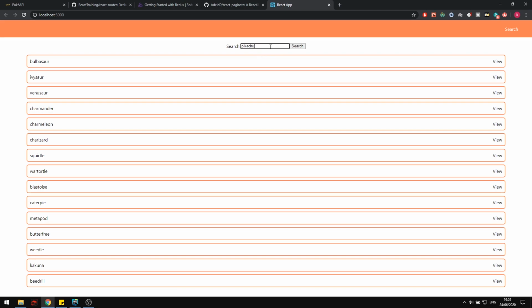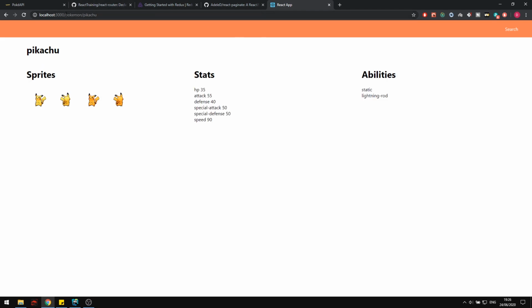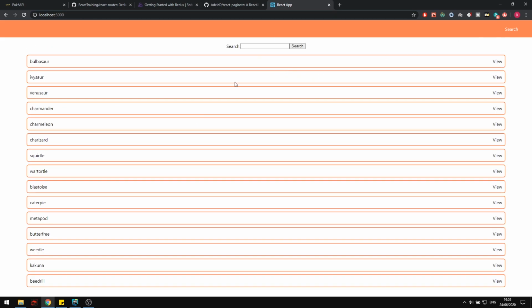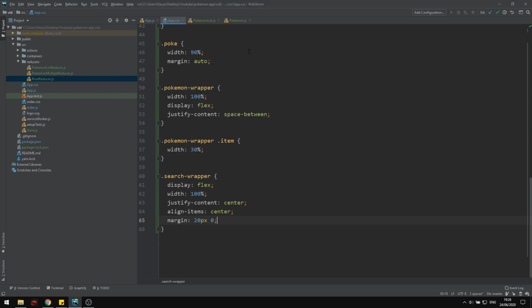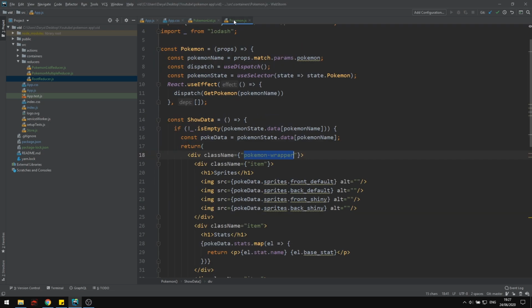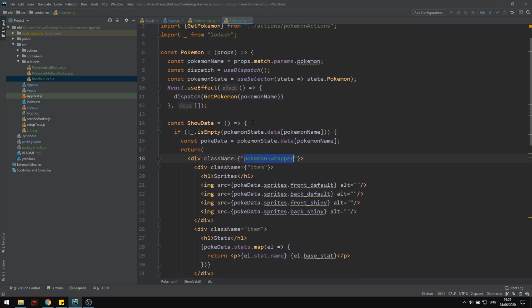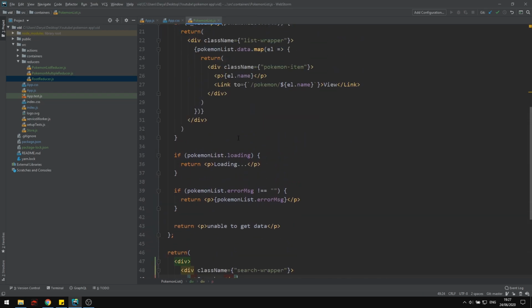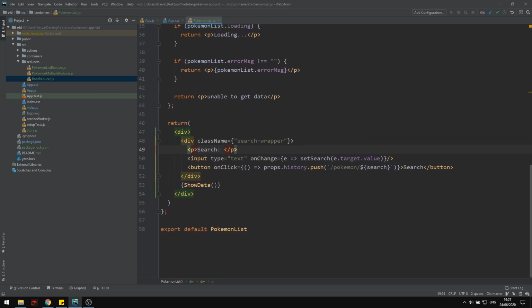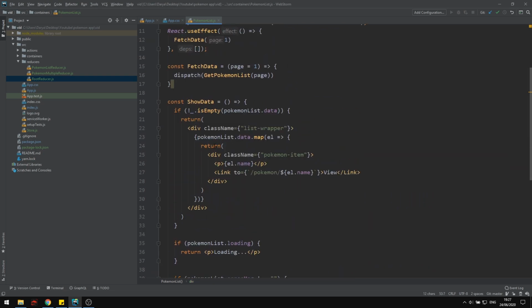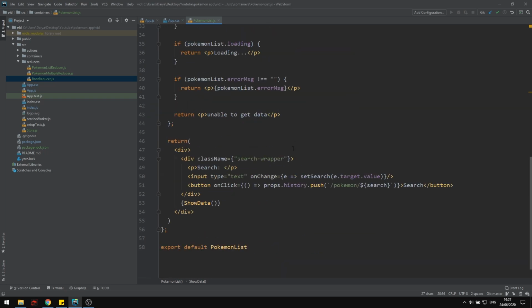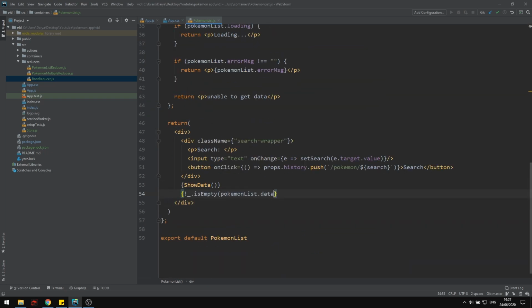So if I do Pikachu and I hit search, I go to slash Pokemon slash Pikachu and it loads the data when the component mounts. So that's nice. So now let's add in the pagination at the bottom. So if we go to Pokemon, actually sorry, not Pokemon, Pokemon list. I want this to be at the bottom of the page and only to show if we have data. So I'm just going to copy this. And then, so if this is not empty,